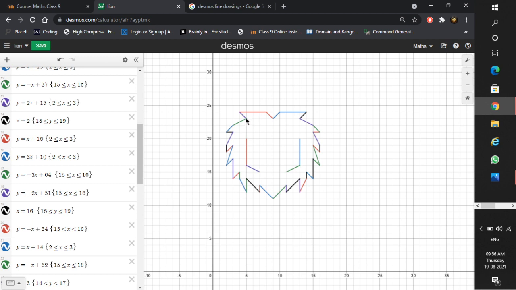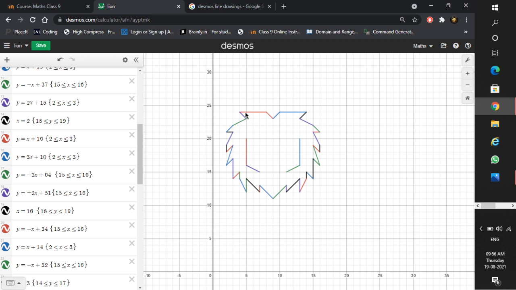let's take this point as the reference point. If we have to reach here from this point, what are the coordinates of this with respect to this? I'm not taking this as the reference point, I'm taking this as the reference point right now. So the coordinates of this point are here. If you have to reach here, you have to go 1 unit like this and 1 unit like this. So it's 1, 1. That means it's y equals x.